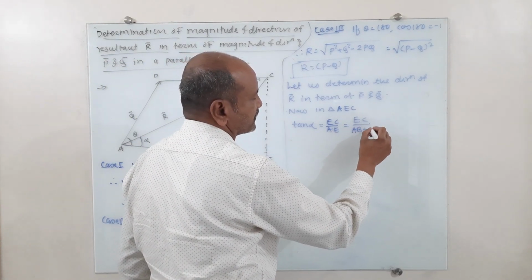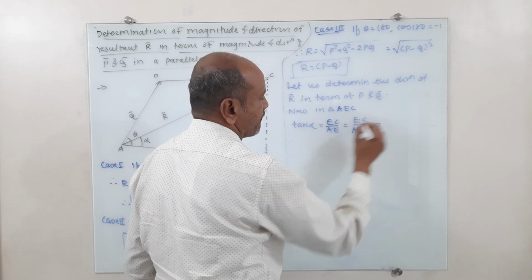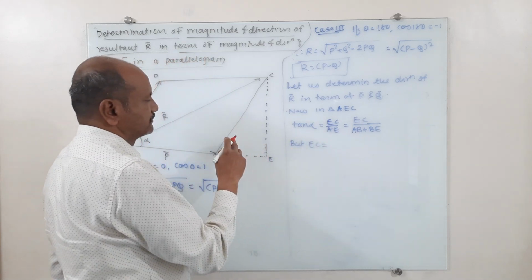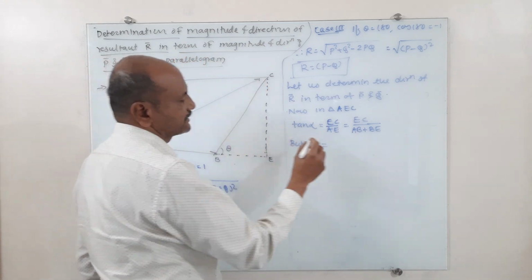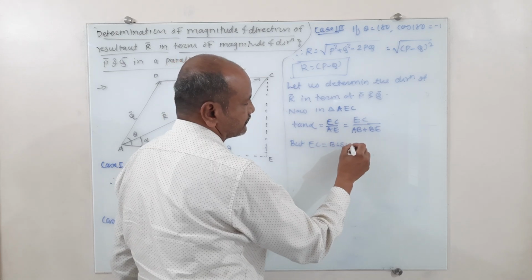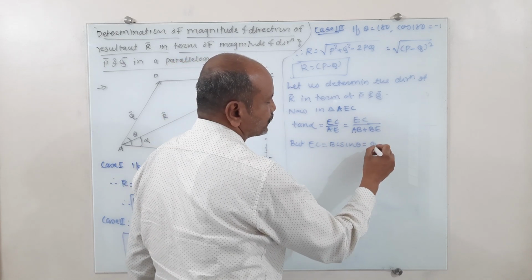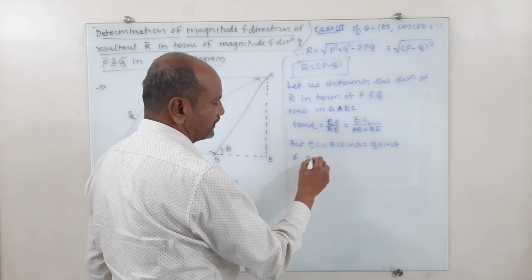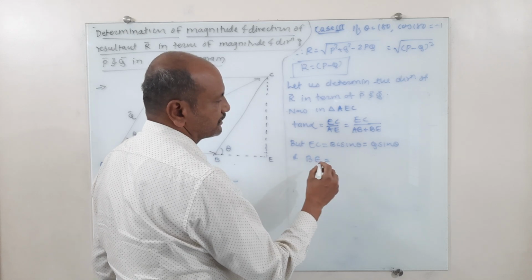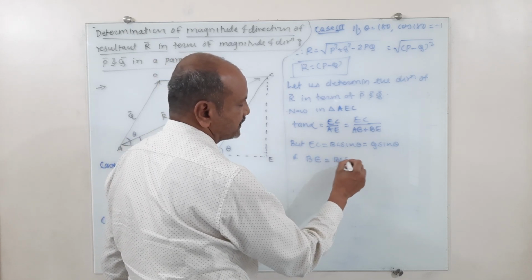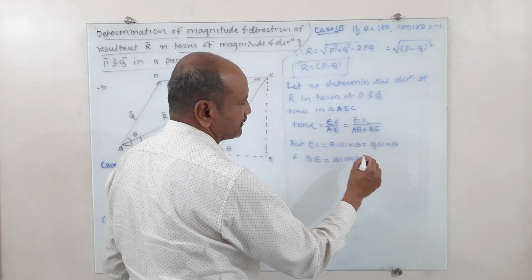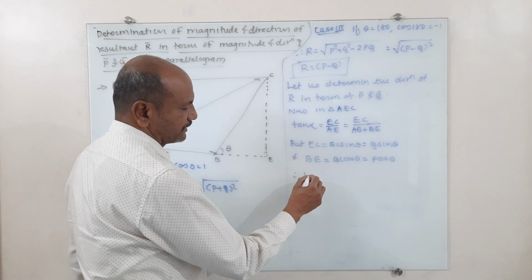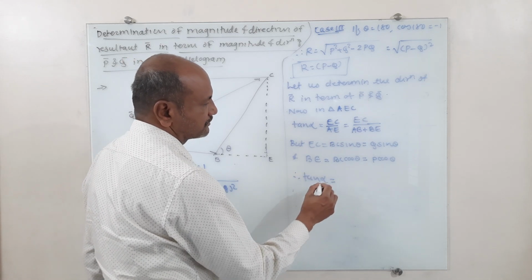AB plus BE. But EC is equal to BC sin theta, which is equal to Q sin theta, and BE is equal to BC cos theta, which is equal to P cos theta. And therefore, tan alpha is equal to